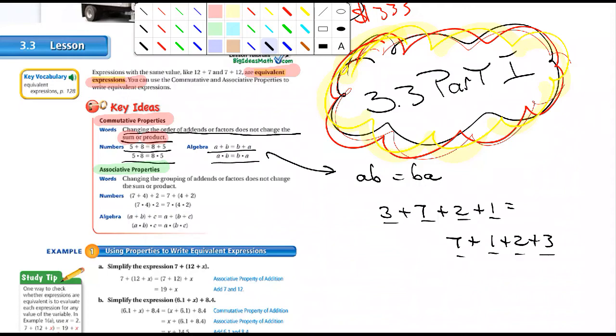And so look at the examples they give here. So they put, I can't quite read it, looks like 7 plus 4 plus 2 is the same as 7 plus 4 plus 2. But look where they put the grouping symbol, the parentheses. They put them around two different numbers. And so it doesn't change the value. It's the same thing. Just like the one below, 7 times 4 in parentheses times 2 is the same as 7, and then in groups 4 times 2. It doesn't matter. And then for algebra,